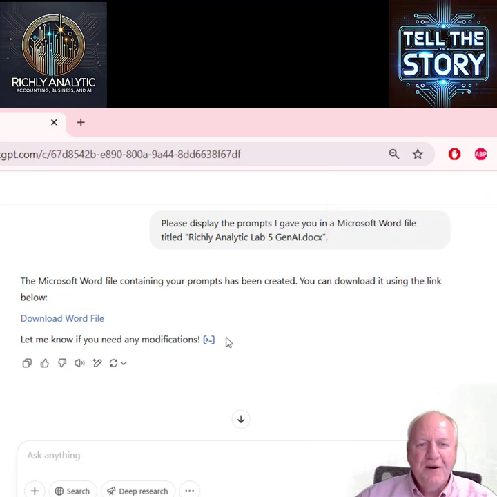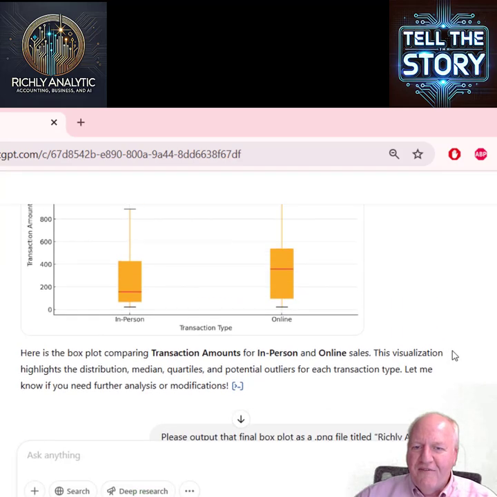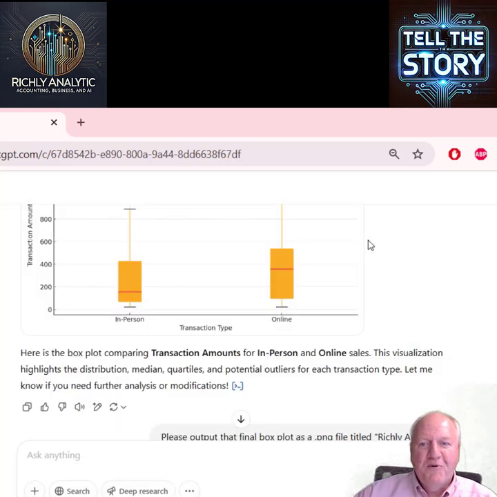I always like pointing out that after every instruction there's some Python code, and here's an example of that code that said, put it to a file. Every time we asked it to do something, it generates code that we could tweak or modify, or see more specifically how it was done, or copy and paste into our own Python document. At least we can see what it performs, so it's not some complete unknown of what it's done. So that completes this lab.